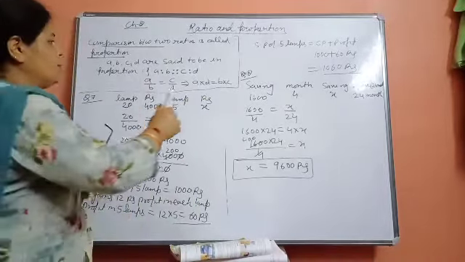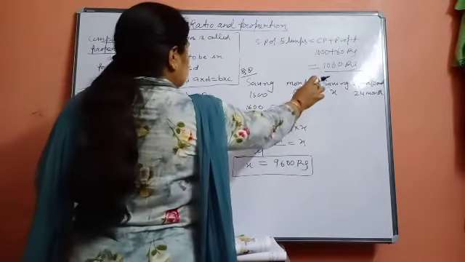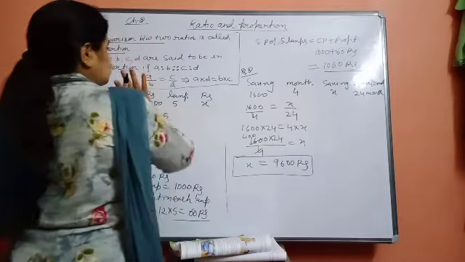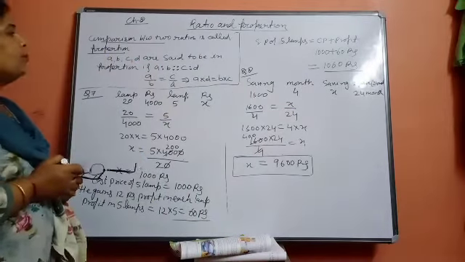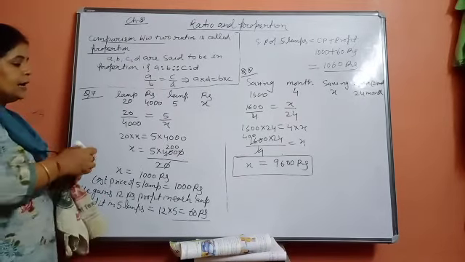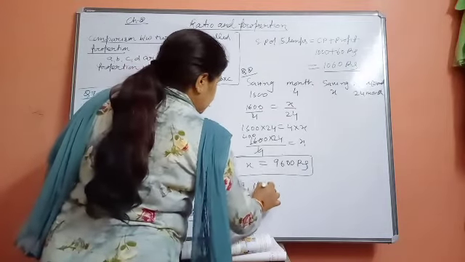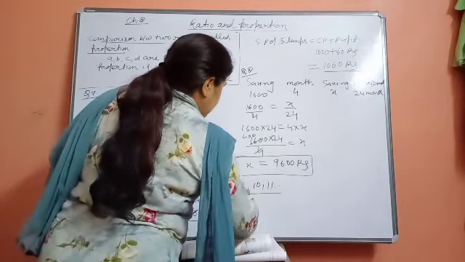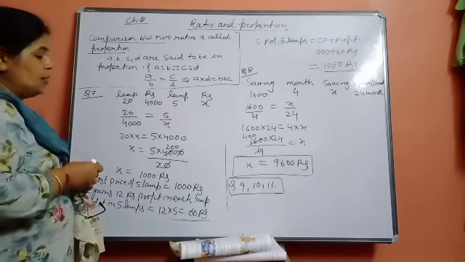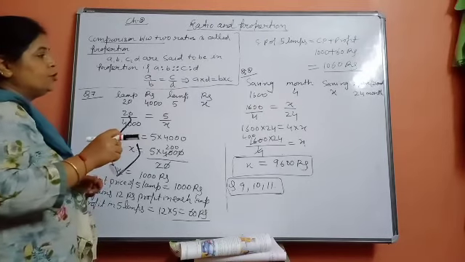Whatever is given to you, you just write it on the top, and then the units, meaning the arithmetic values given to you, and then follow this rule, then you will not have any problem. Do the rest of questions 9, 10 and 11 by this method. Complete them yourself, and if you have doubts then write your doubt to my WhatsApp number or in your class group, so that in the next video we will discuss your